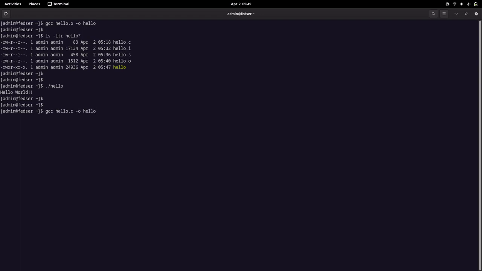So this will actually do all the steps, that is pre-processing, compiling, assembling, and linking phase, which we have done initially.